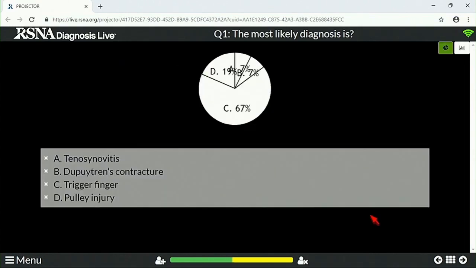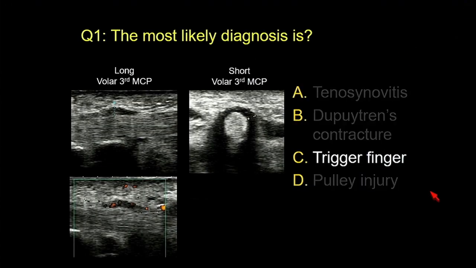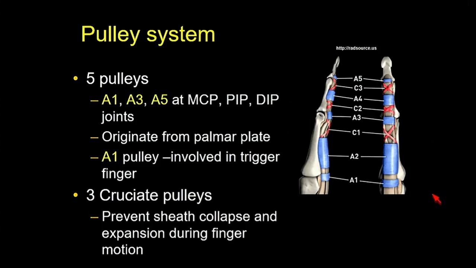Okay, most of you thought this is trigger finger, which this is. So trigger finger. So there are 5 pulleys of the finger. A1, A3, and A5 are located at the MCP, PIP, and DIP joints respectively. And these pulleys originate from the palmar plate at those joints. The A1 pulley, which is this one right here at the MCP joint, that's the one that's typically involved with